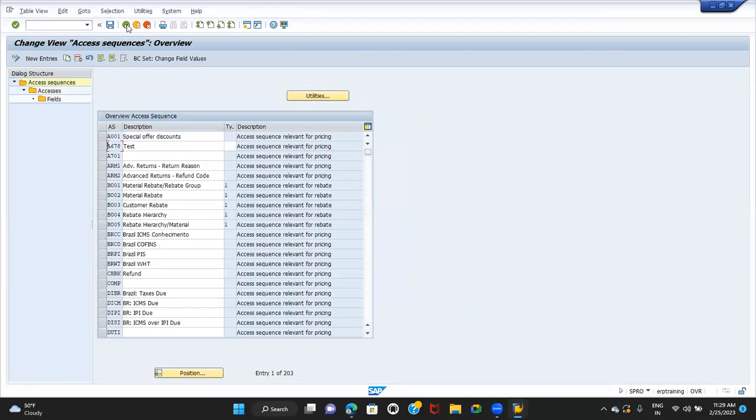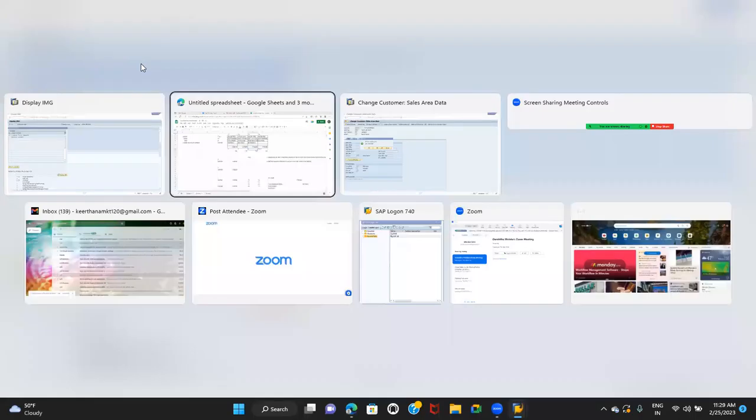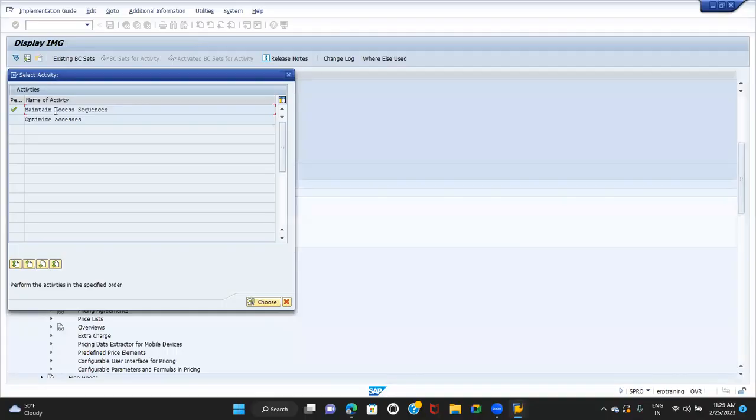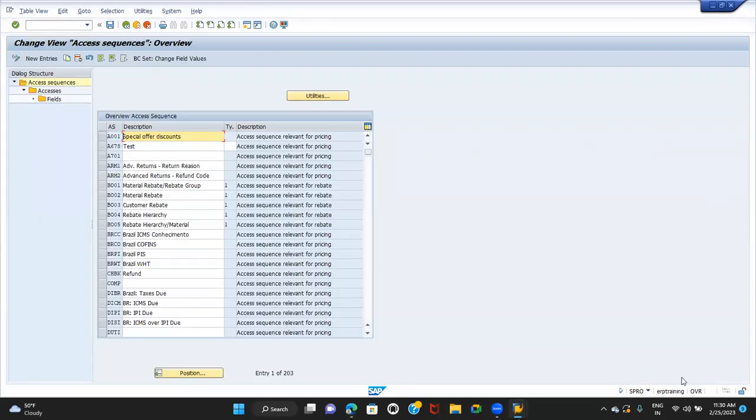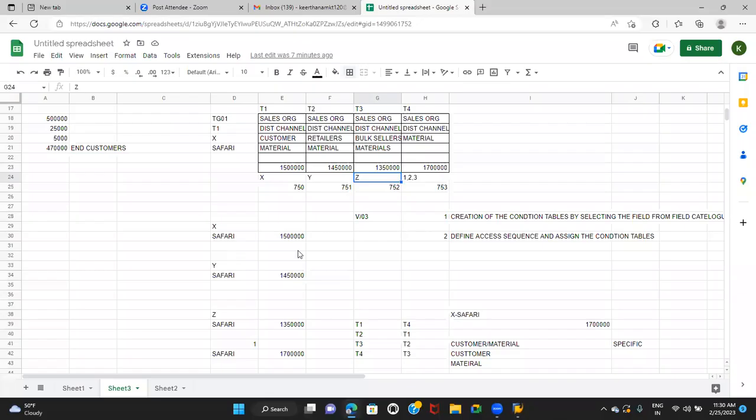So this is the way an access sequence can be created. I'm just coming out of this, and the transaction code for this is, I think, V/07. Let me check. V/07, yes. So this is the second step. We have defined the access sequence and assigned the condition tables. The third step is